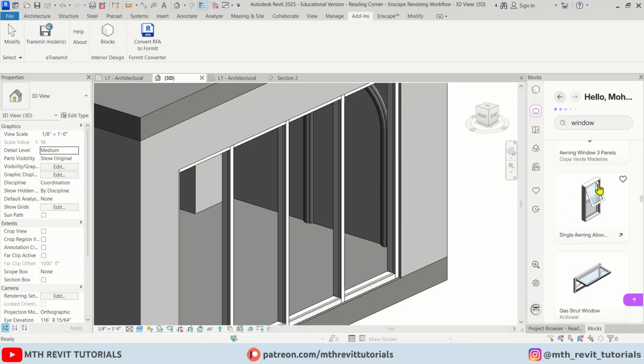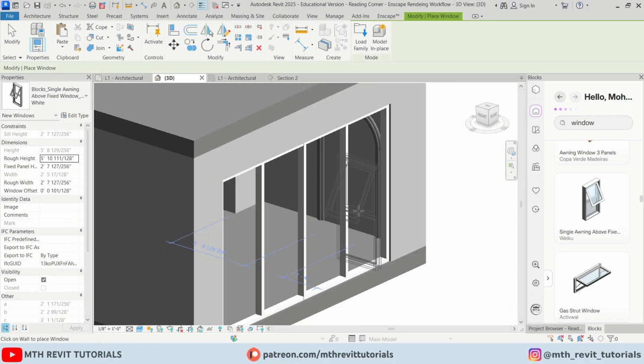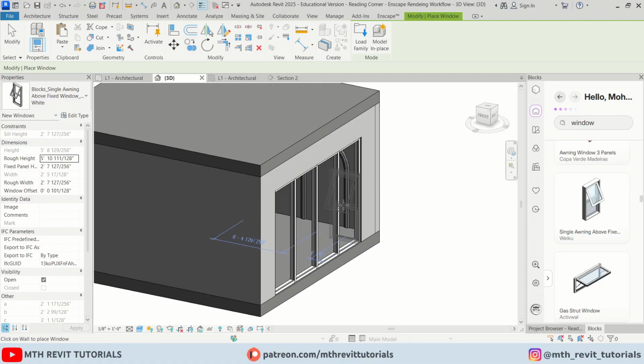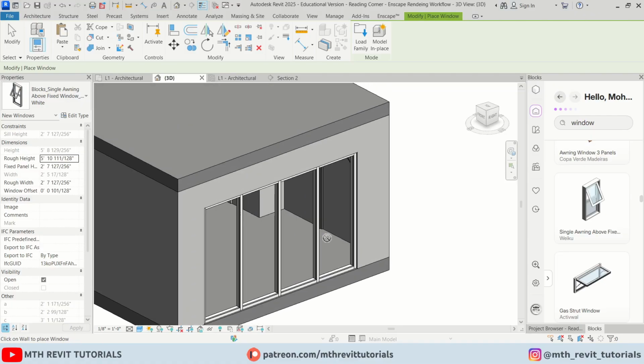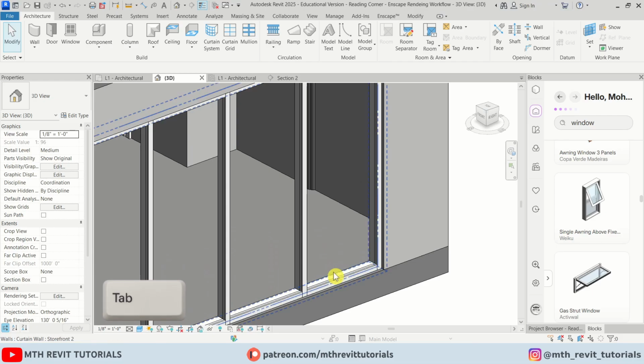Okay, let's use this one. So the window has been loaded, but as you can see, it cannot be placed on the curtain wall. So to add it to this curtain panel, we need to use a trick. First, let's press escape to deselect the window. Then select the panel,